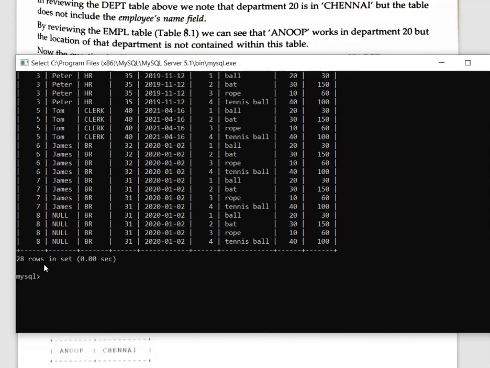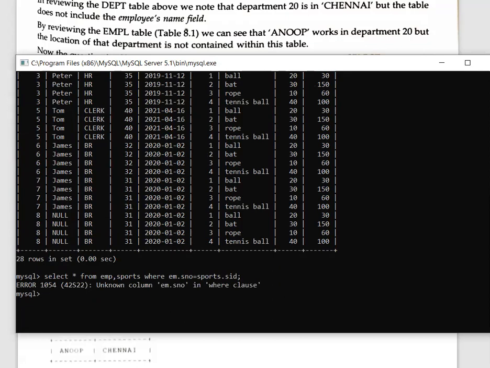So I can write where your EMP table dot serial number is equal to your sports table dot SID.